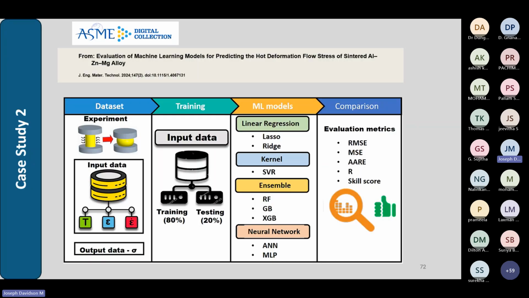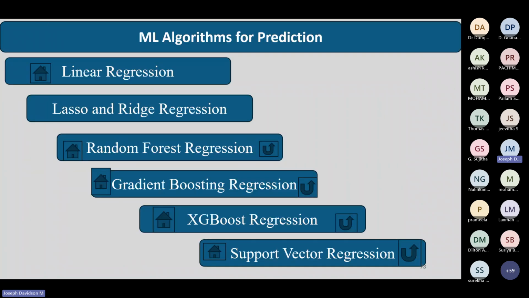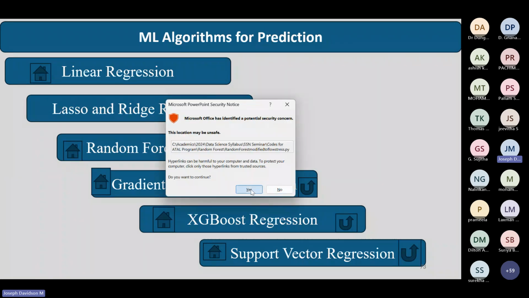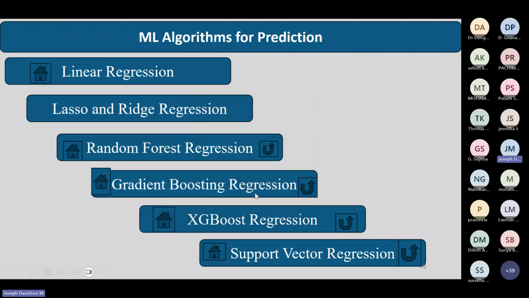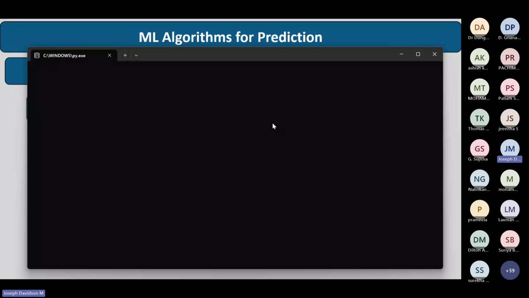So this is one of the recent papers we got. It was accepted in ASME. In fact, I did not take the grain size here. We took the flow stress of a metal forming problem, one particular thing that was formed under different temperature, strain and strain rate, and a particular output. And we used a lot of machine learning algorithms, ran the code and found out how each performed. Which algorithm suits our particular problem, like that we found out.